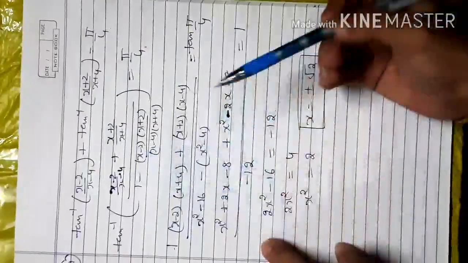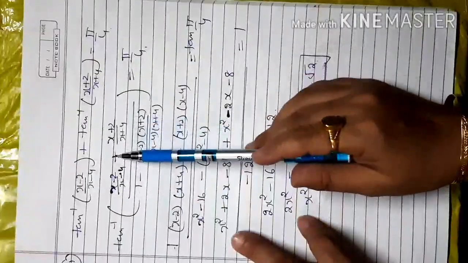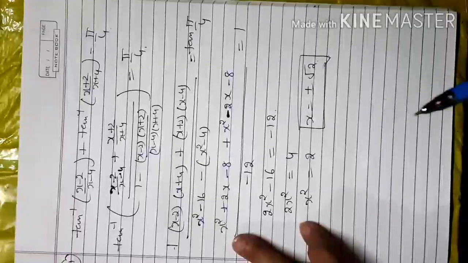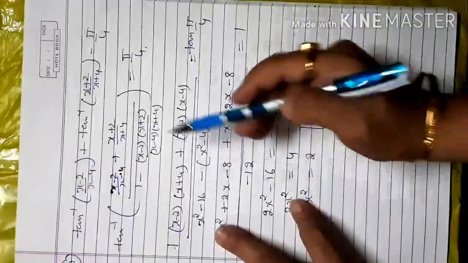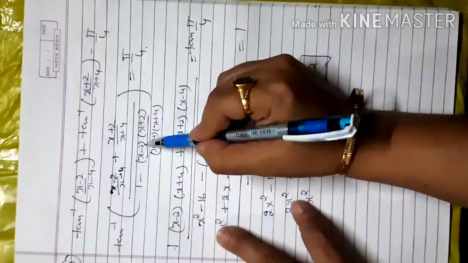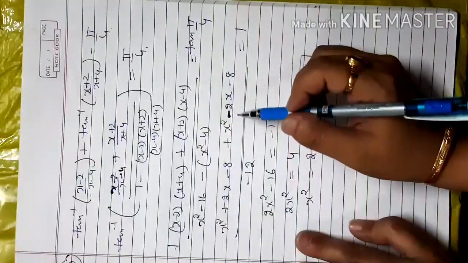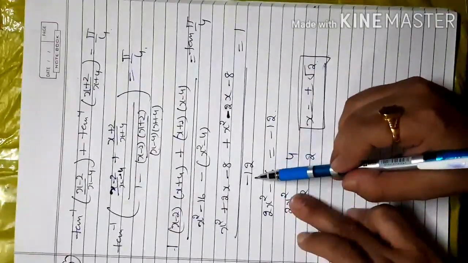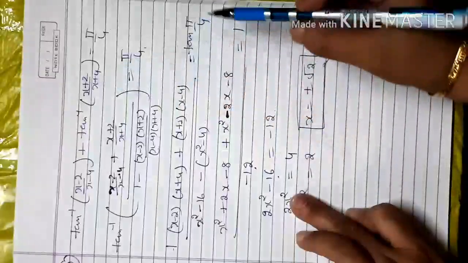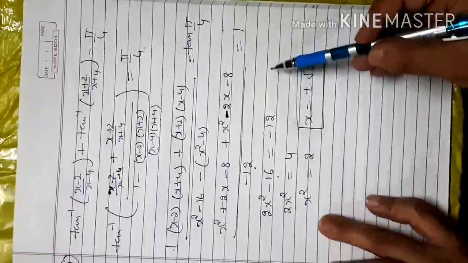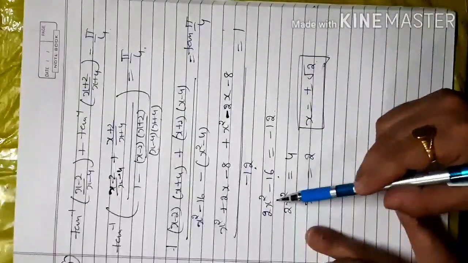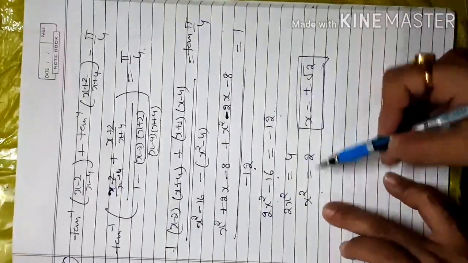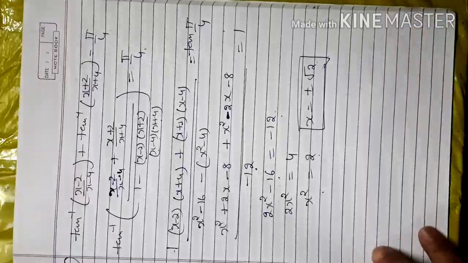So when I take the LCM, that is (x minus 2) into (x plus 4), (x plus 2) into (x minus 4), and the denominator is the same in both the numerator and denominator fractions. So that gives me x square minus 16, this is x square minus 4. So after calculating, I got 2x square minus 16 and the denominator is minus 12. When tan shifts to the other side, tan pi by 4 changes to 1. After cross multiplying, my last equation will be 2x square minus 16 is equal to minus 12, and when I got the x square value, that is 2, and x is plus minus root 2. So that is my required